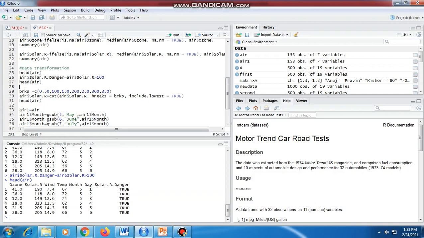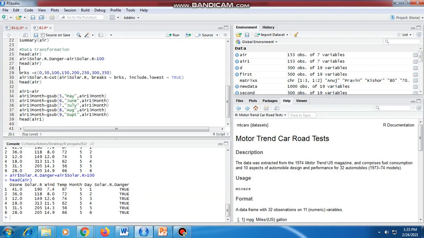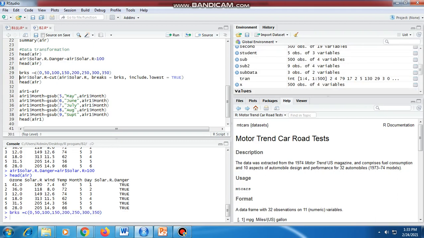Now in data transformation we can assign breaks in the values. We assign the breaks as 0 to 50, 50 to 100, 150, 200, 250, up to 350. These breaks are assigned with the function c, and applied on the value with cut of airquality$Solar.R, breaks, and include.lowest equal to TRUE.